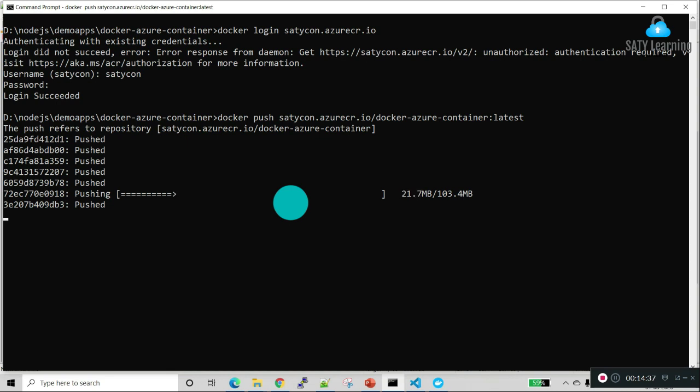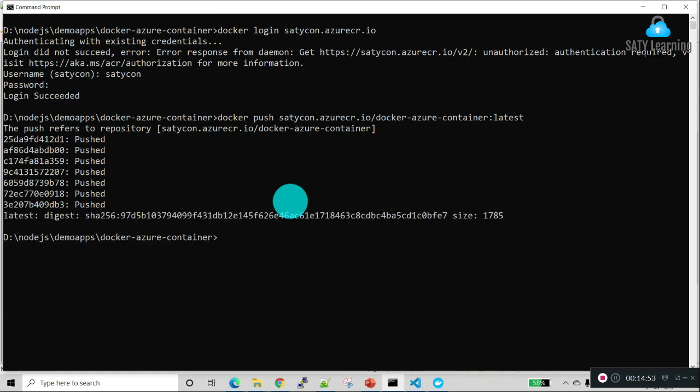As it's a small project, it won't take much time. The Docker push from the terminal to the registries is completed. This is the size of the code.